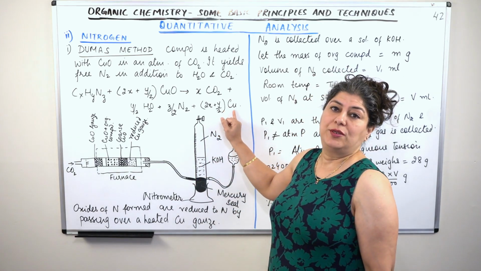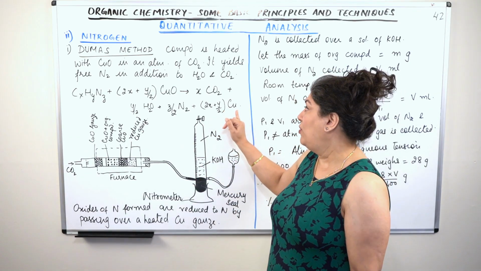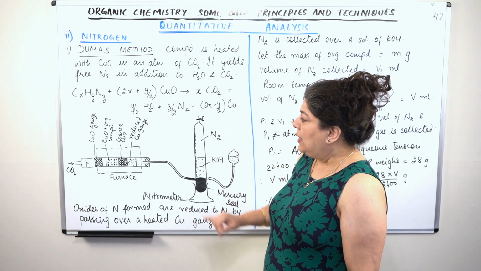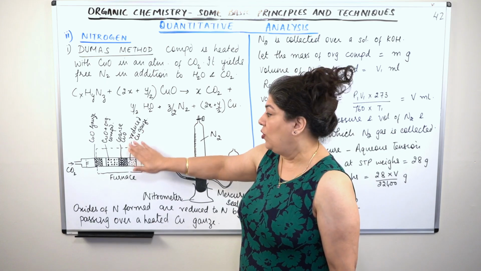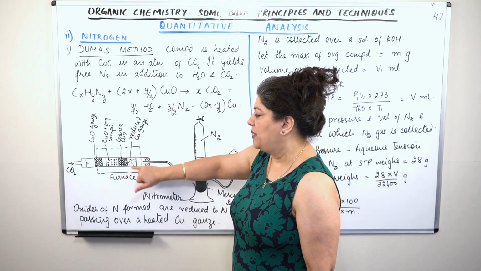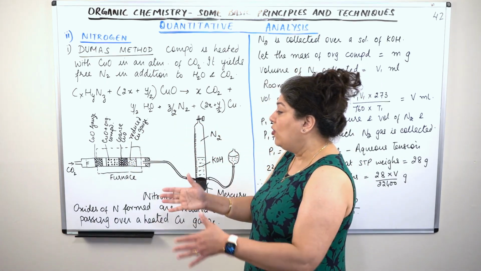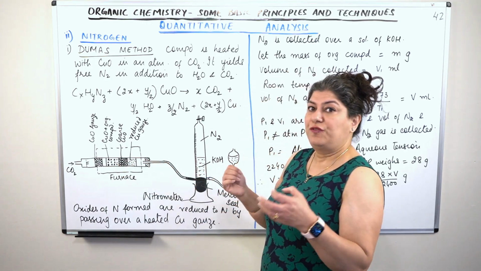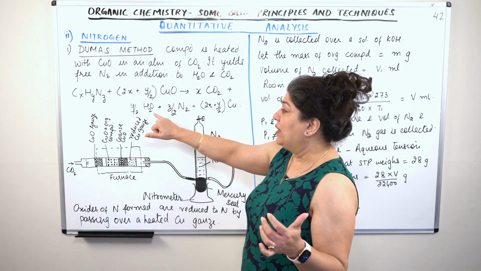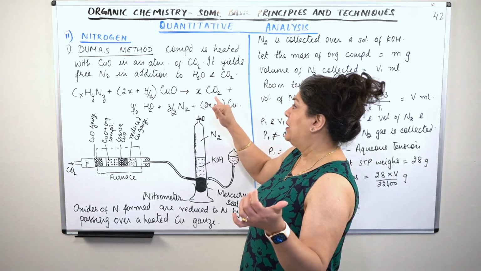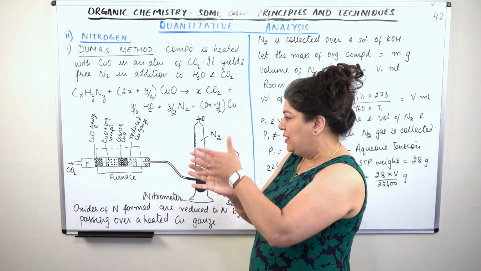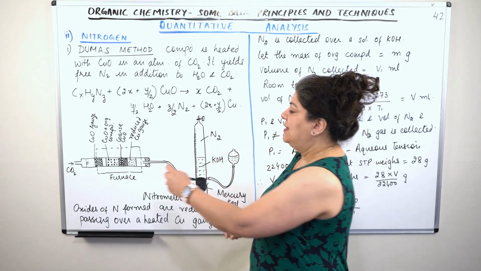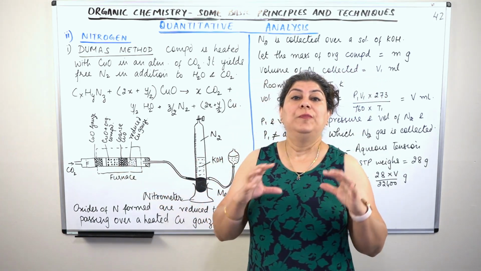So in the end, you get the reduced copper oxide in the form of copper, right? Which you see here in the copper gauge, the reduced copper gauge. The reduced copper oxide is present and it gets settled here. And now beyond this, what is formed is only gases. You get water, you get nitrogen, you get carbon dioxide. The copper remains with the copper gauge,